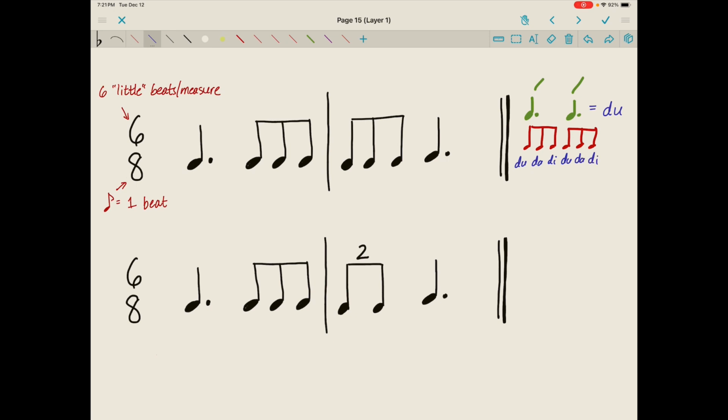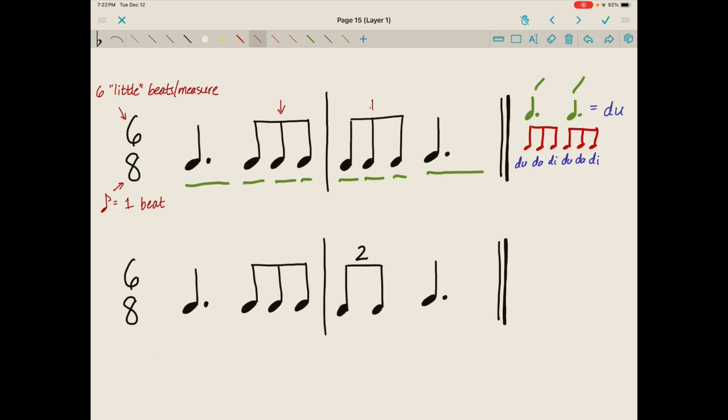Setting the metronome at 50 and putting this big beat into our hands or feet. We're just going to read out our first example. Ready, clap. Ready, speak. Do, da, dee, do. Notice that there are no little 3s, even though these 8th notes are grouped in 3s, and that's because